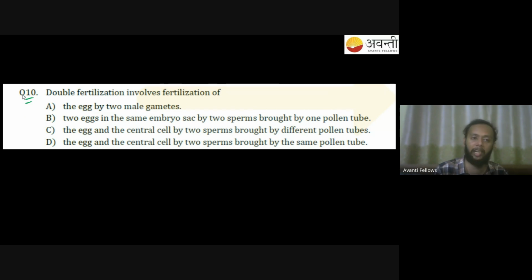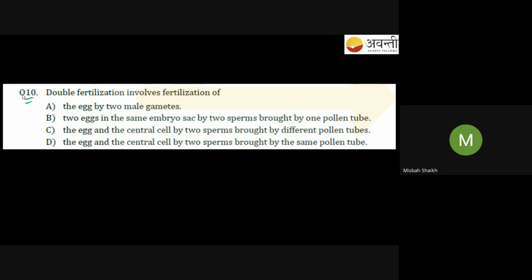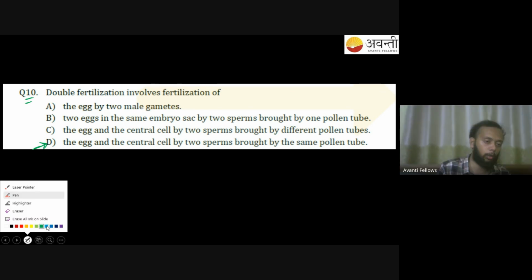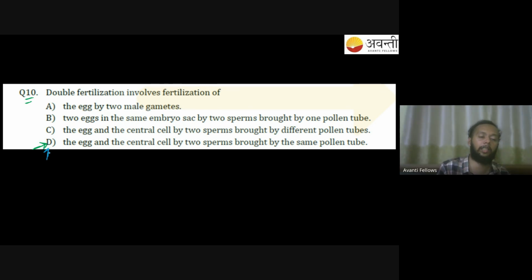और जिसने हैंड रेज किया, टेल मी द आंसर। ऑप्शन डी। ऑलराइट, अगेन प्लीज ट्राई टू रेज योर हैंड अगेन। ओके, मिसबा बताइए, क्या होगा इसका आंसर? ऑप्शन डी। यस, ऑप्शन डी बिकम्स द करेक्ट आंसर।